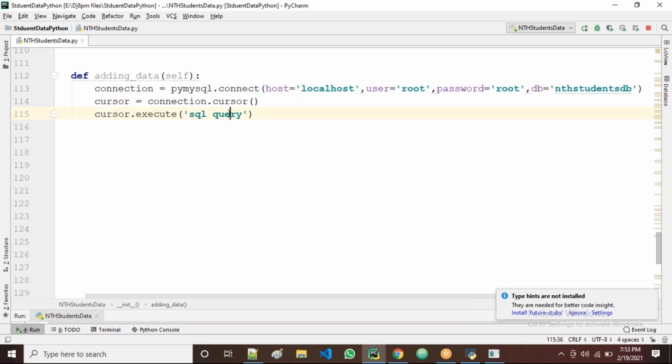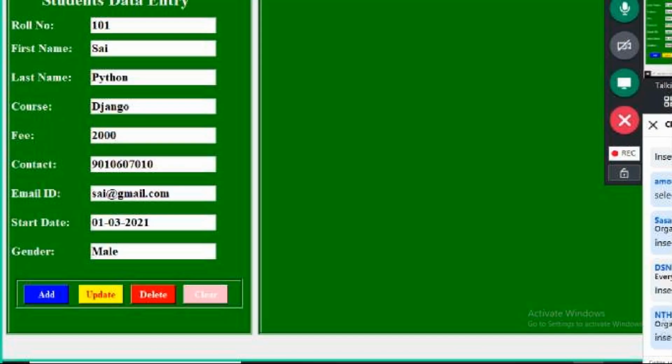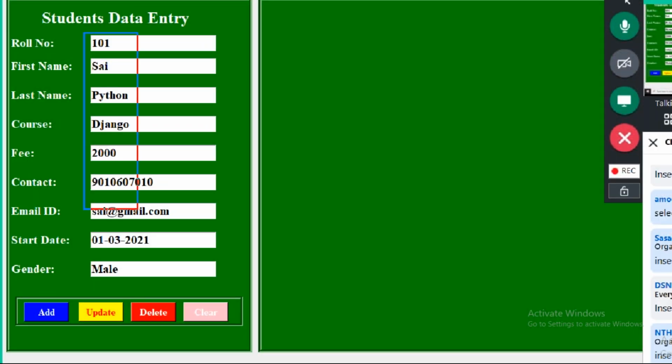Okay. Now here, let me know which query we write. Do we write the select query? Do we write the insert query? Do we write the update query? Delete query? Let me know, all of you. Here in this case, which query we write? For which operation am I going to create a query now? See, actually what I want now is, whenever I click on this add button, this data I want to insert in the table. Insert, when I click on the add button.